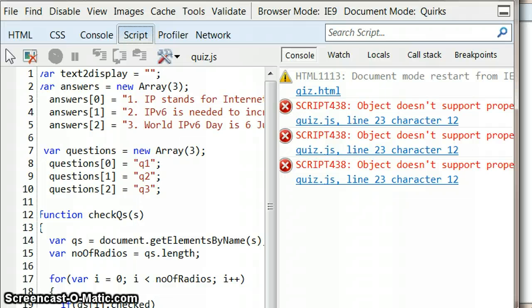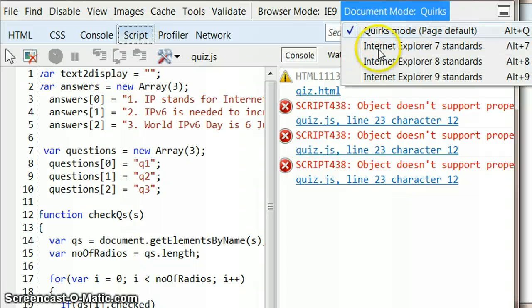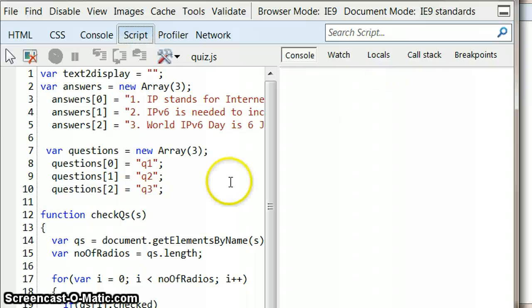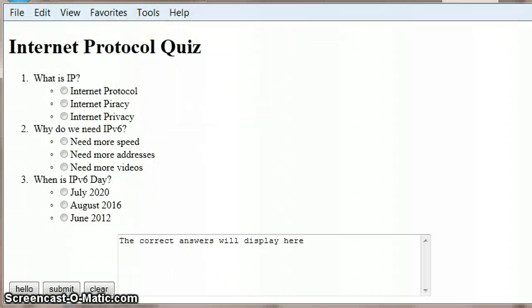So one of the things I'm going to do is, under the document mode, it's got quirks, so I'm going to change that to Internet Explorer 9 standards, and then go back to my page, reload that, so F5 to refresh it or reload it, and try again, see what happens,